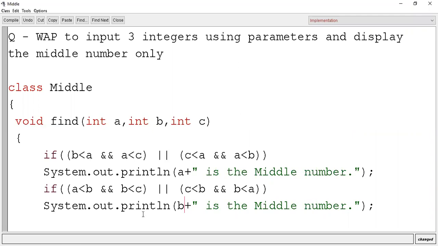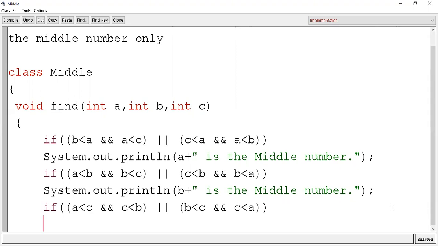In the same way, students, for the third condition we are assuming C, so we'll write over here: if A is less than C and C is less than B, or BCA, that means B is less than C and C is less than A. So for these two possible conditions, C would be your middle number.